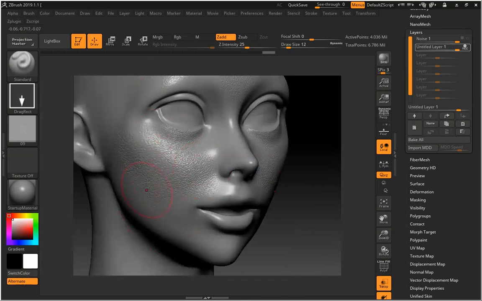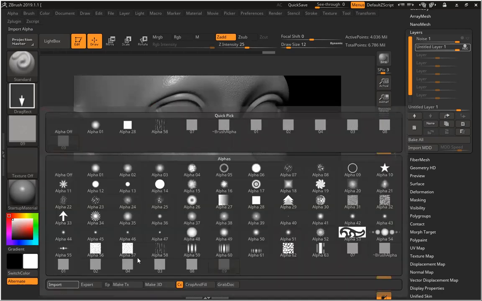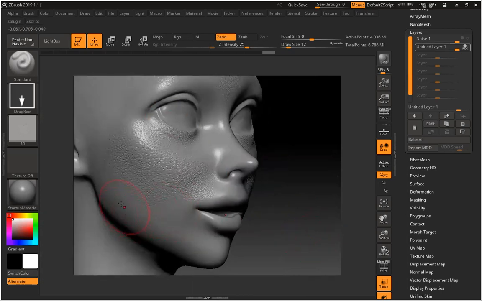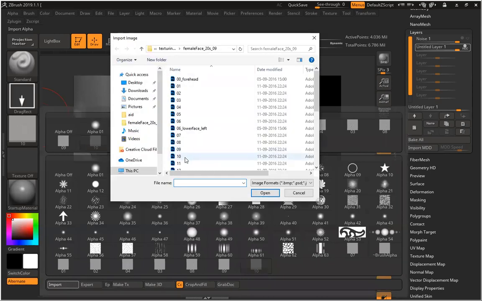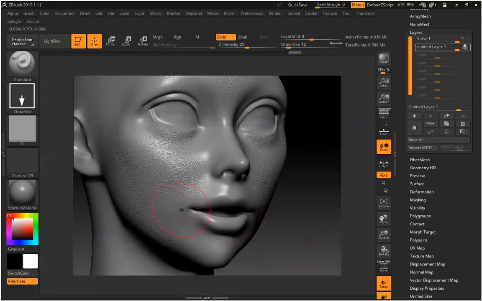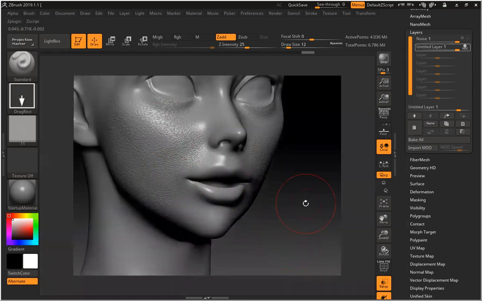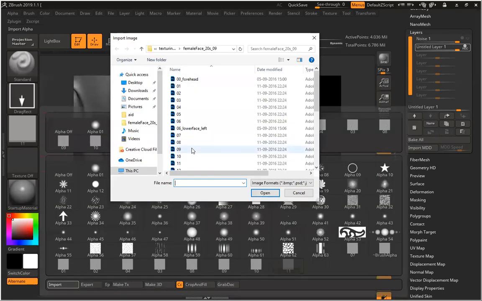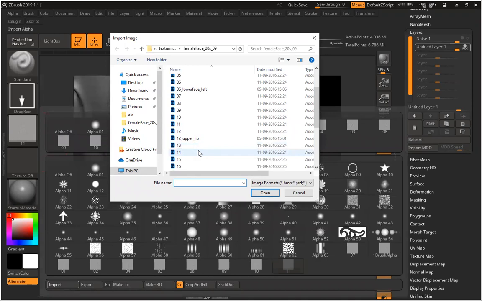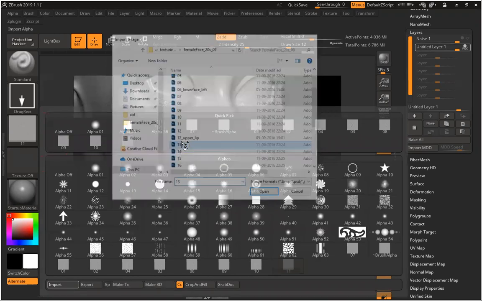I'm using the same 9 just to balance this. Number 10. Number 13.